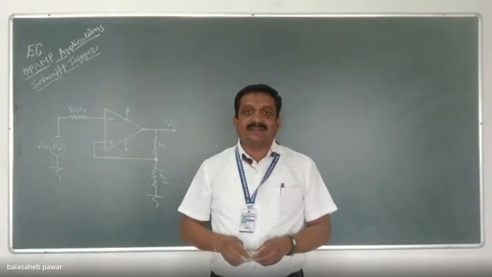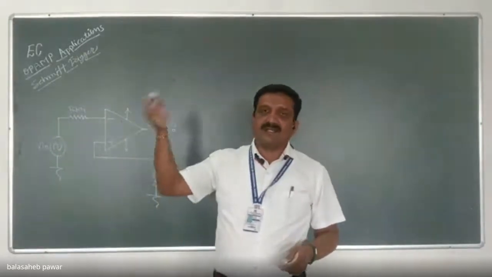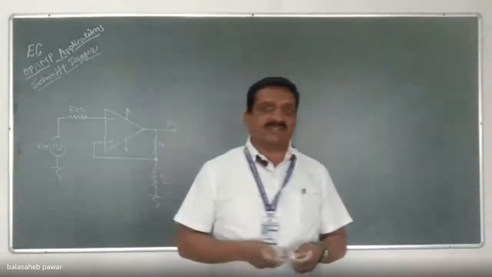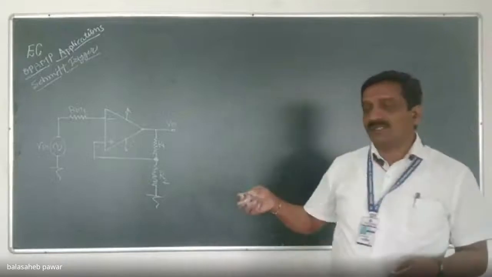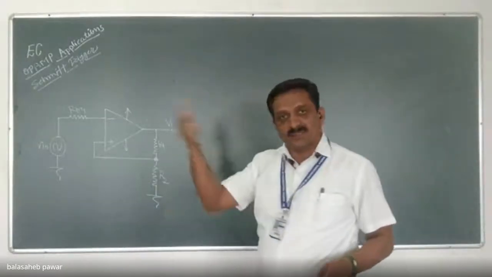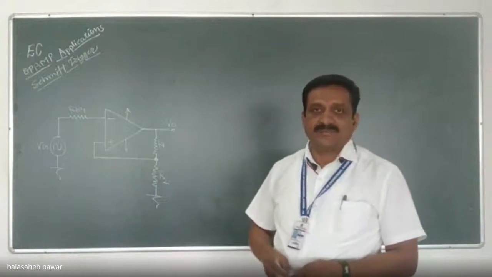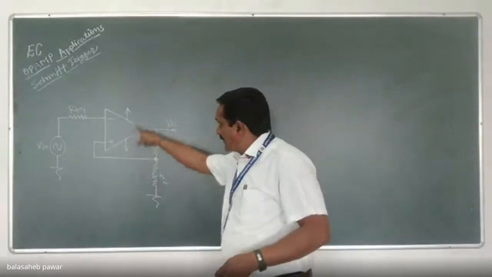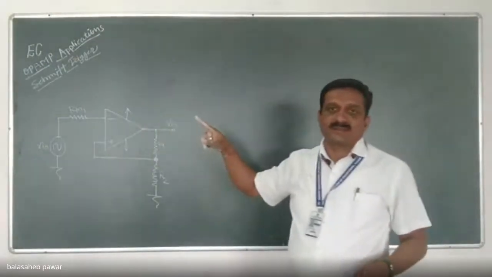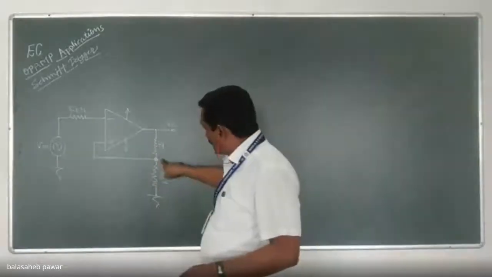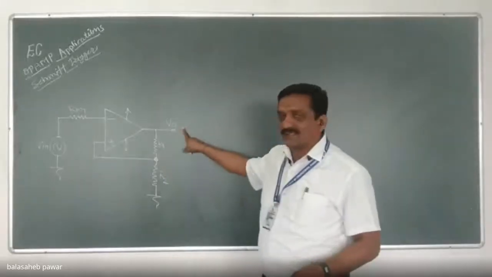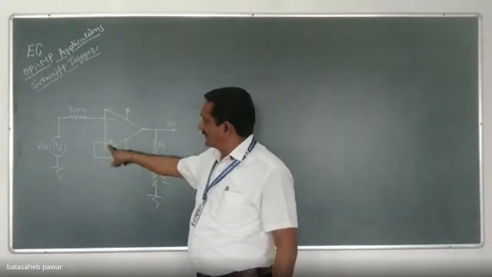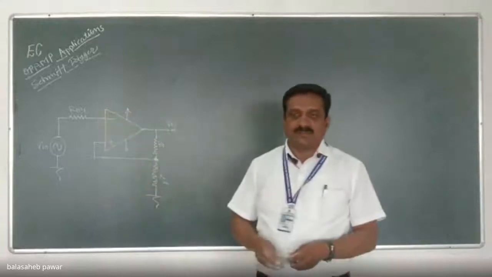Okay. Now that saturation may be plus Vsat or minus Vsat, positive saturation or negative saturation. Why am I saying maybe positive or negative saturation? Because that initial output offset voltage may be positive or may be negative. So if the initial output offset voltage is positive, the obtained output will be plus Vsat, because this node voltage will be positive if the output offset voltage is positive, right? And that positive node voltage is applied to the terminal. That's why the output will get forced to plus Vsat.